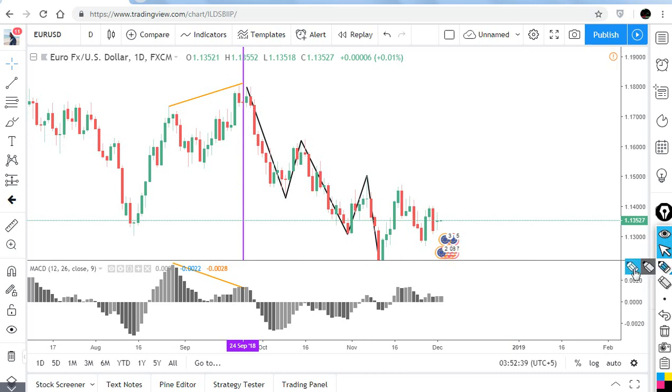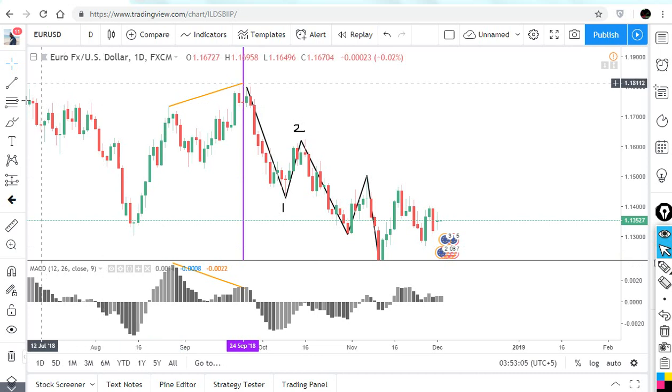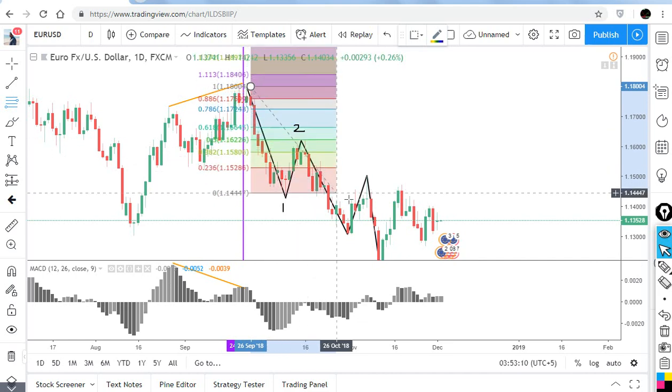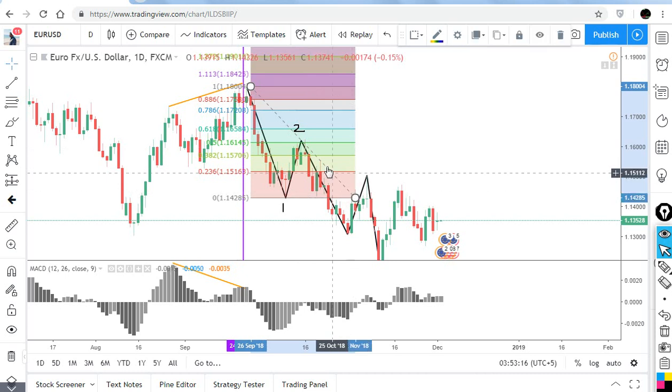Okay, now I'm taking a pen here so I can easily describe it. Now from here to here we see that the market returned from this point, right? So we are giving it the name of first impulse here, and this is our correction part. Now according to Fibonacci retracement, we take Fibonacci here and count how much the market retraced in our second part. We see that the market goes maximum to 50%.